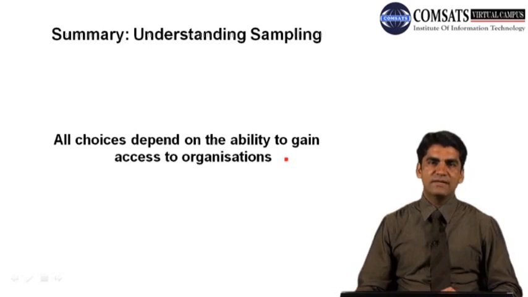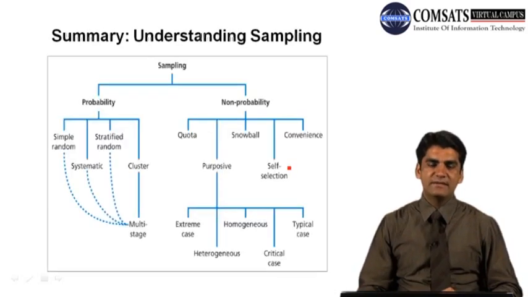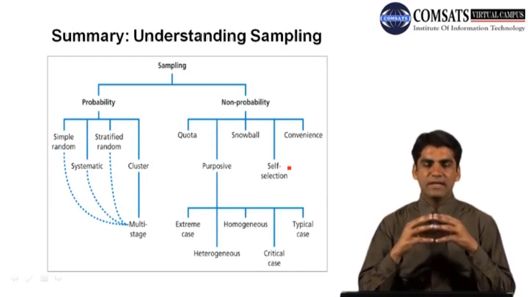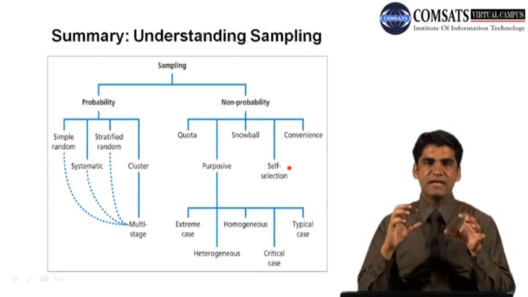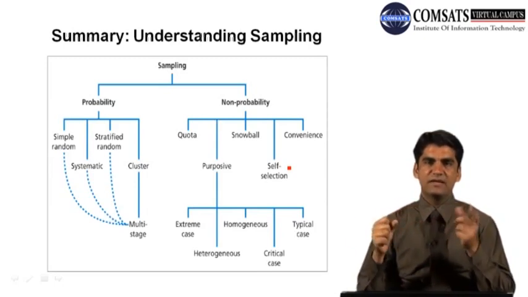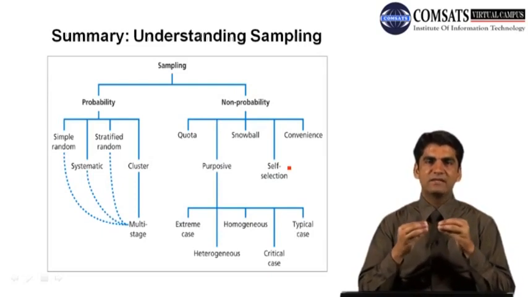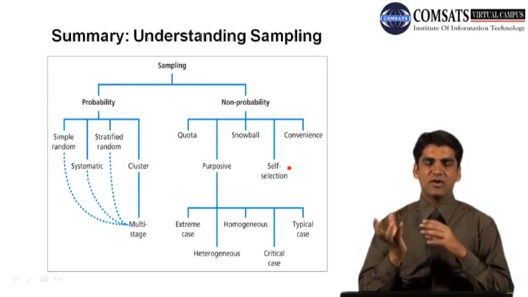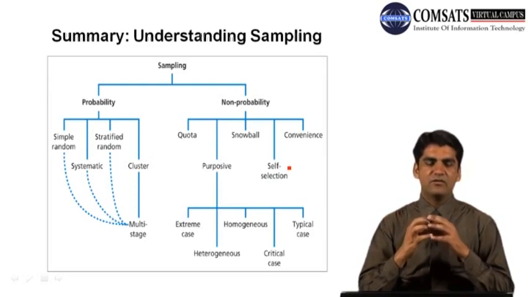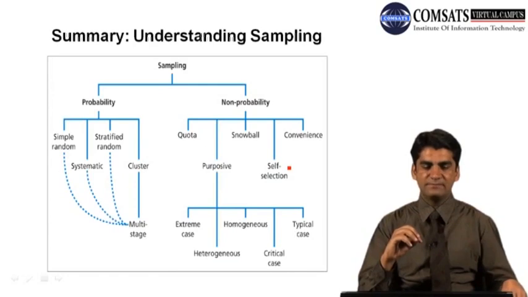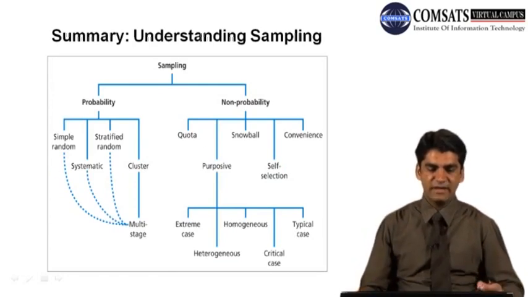And also in sampling techniques, we have discussed in detail this table one by one, and I'm just going to summarize it here by saying that sampling is divided into probability and non-probability sampling. Probability sampling needs a sampling framework, while non-probability is without a sampling framework. And within probability sampling we have simple random, we have stratified,